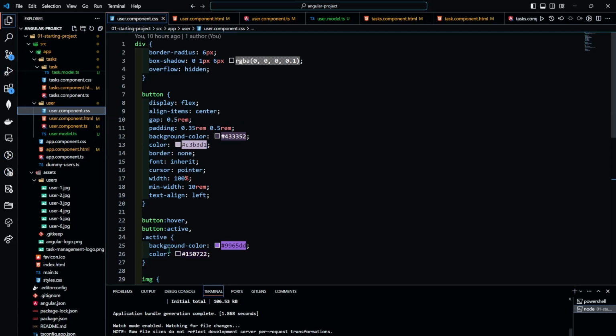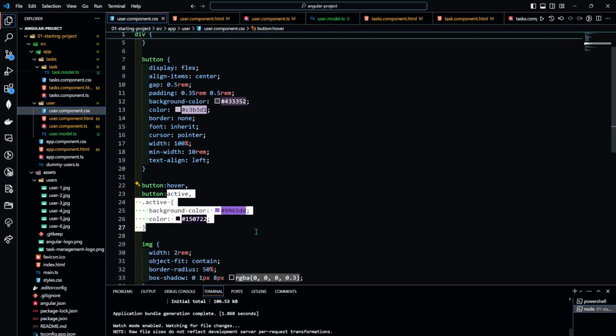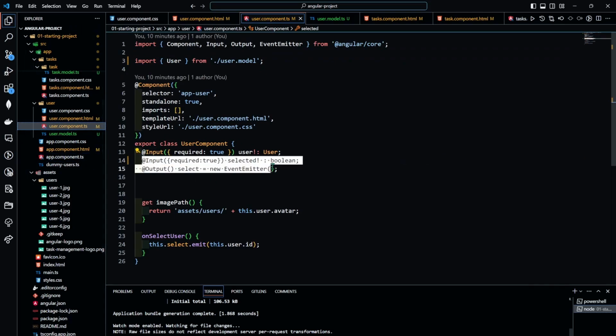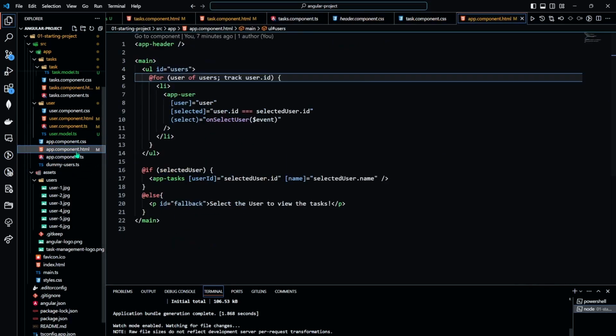What was it? This active. You can see this active class. So we will call this active class from CSS and then style it accordingly. So for that I added this, and in my component HTML file